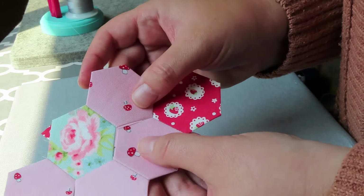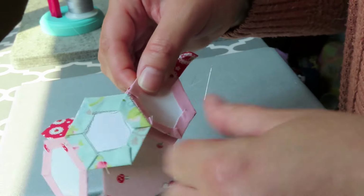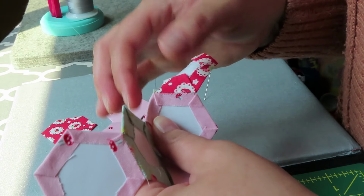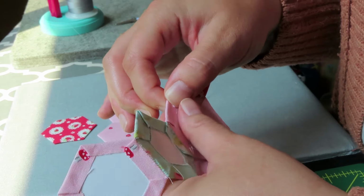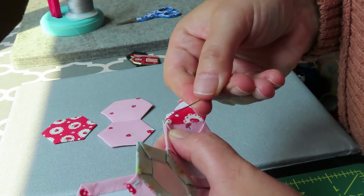So what I'm going to do now is right sides together with those two edges I want to attach. And this is where you'll feel the paper bend a little, and that's okay. It's flexible, but you want to keep going now across this line, so you don't need to cut your thread off. So I'm going to take my